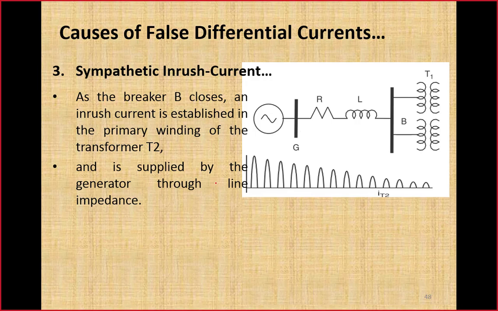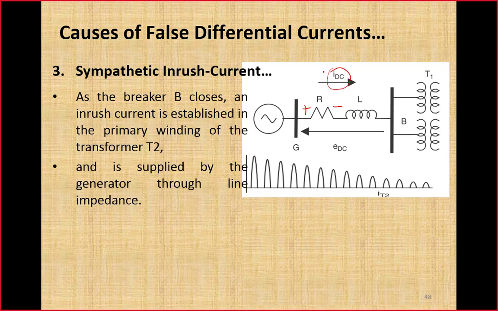And remember, this current is being supplied by this generator through this transmission line having resistance R and inductance L. So this is the current supplied. As we can see, we can call this inrush current DC current or pulsating DC. It has an AC component plus a DC component. So that DC current passing through that resistance and inductance will result in a voltage across that line in this polarity. As we know, DC does not produce any voltage drop across inductance, but voltage will appear across this resistance in this polarity due to this current IDC.